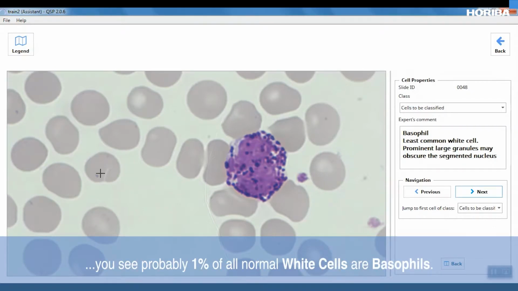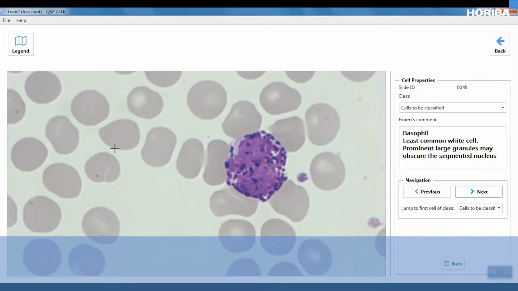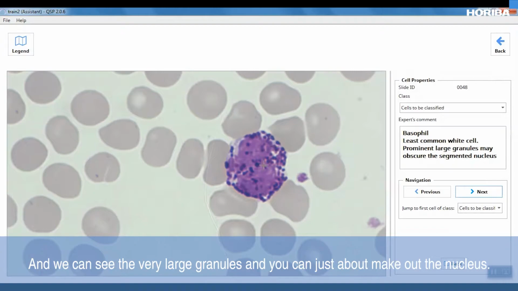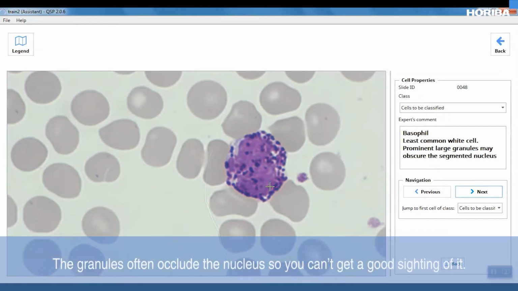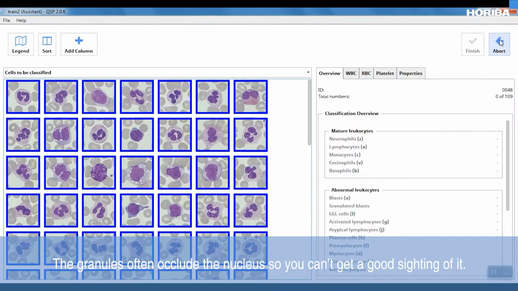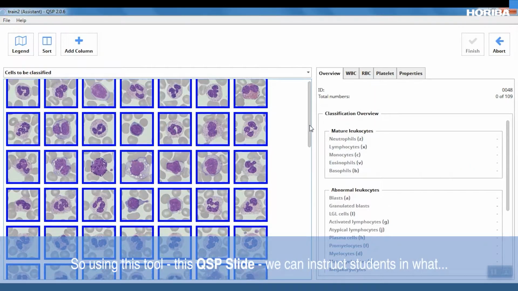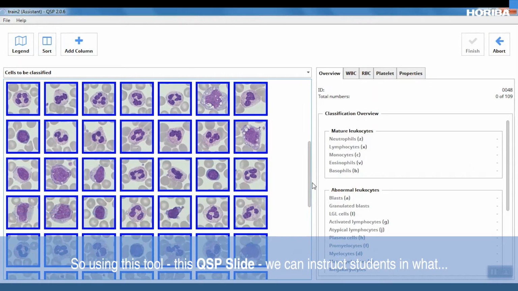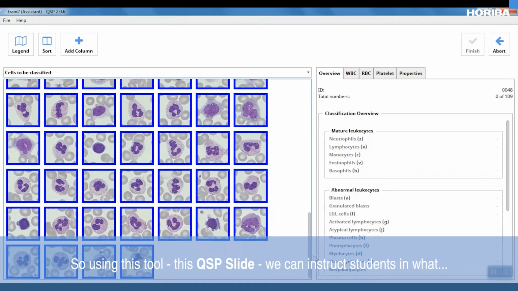You see probably 1% of all normal white cells are basophils, and we can see the very large granules, and you can just about make out the nucleus. The granules often occlude the nucleus, so you can't get a good sighting of it. So using this tool, this QSP slide, we can